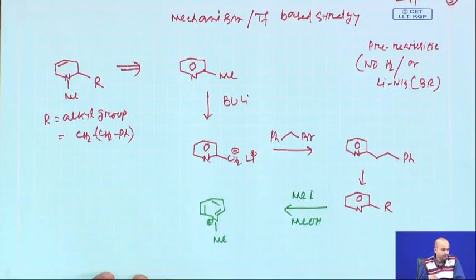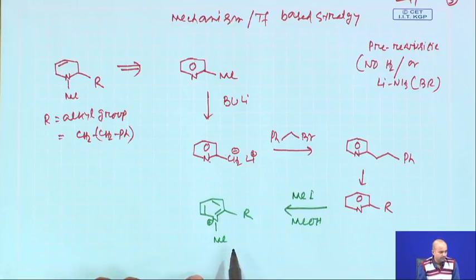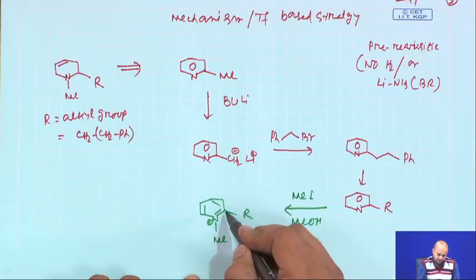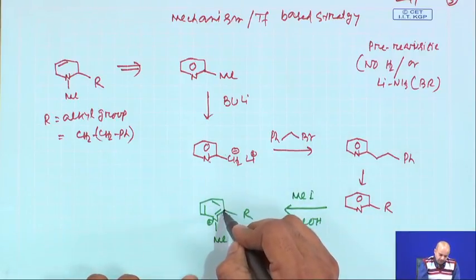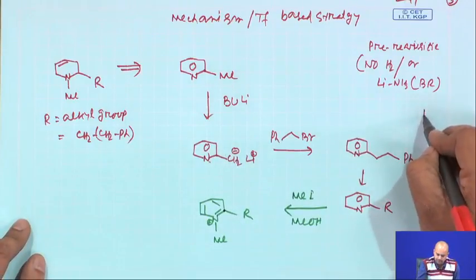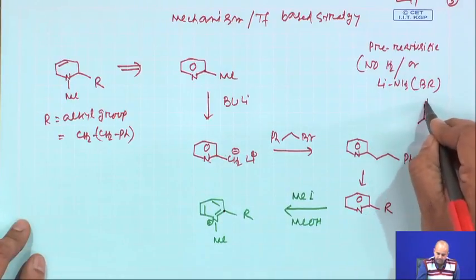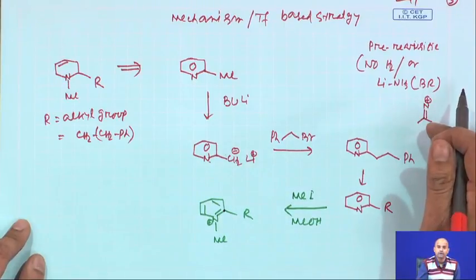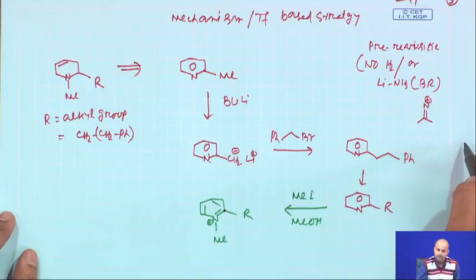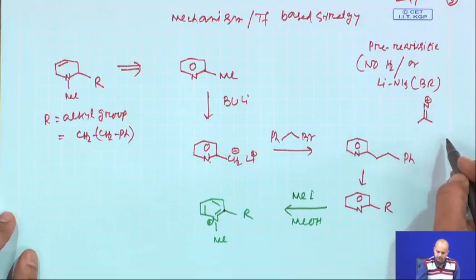So, now nitrogen is plus. These remain similar. Now, if you have a close look, this species is basically an iminium species. This particular C double bond N is an iminium species. Iminium species are electrophilic in nature. You can add any nucleophile, just like with an aldehyde or carbonyl compound. Instead of oxygen, you have a C double bond to nitrogen, and as this nitrogen becomes positive, a nucleophile can